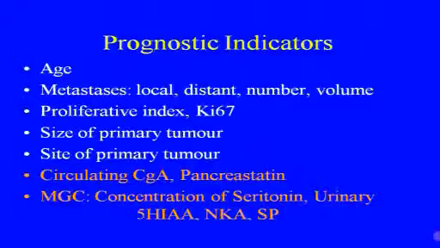And we've talked a lot about Ki67 this morning. And if Ki67 is less than 1, or if Ki67 is more than 20, then those two prognoses are going to be different. The size of the primary tumour, or the site of the primary tumour. In general, pancreatic tumours, when they're malignant, will not do as well as those in the midgut, but not absolutely. But I've been looking at circulating chromogranin A and circulating pancreastatin, and also in the midgut in particular, we've been looking at serotonin, urinary 5-HIAA, and the tachykinins.